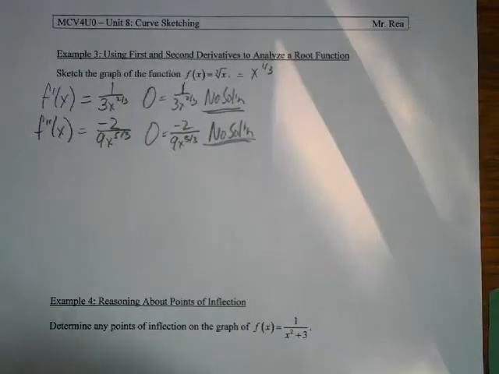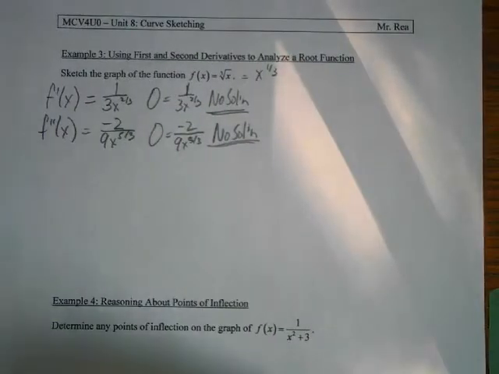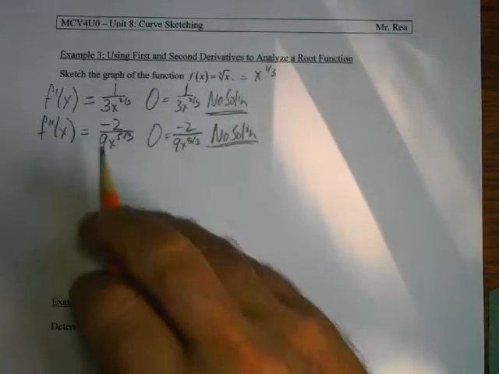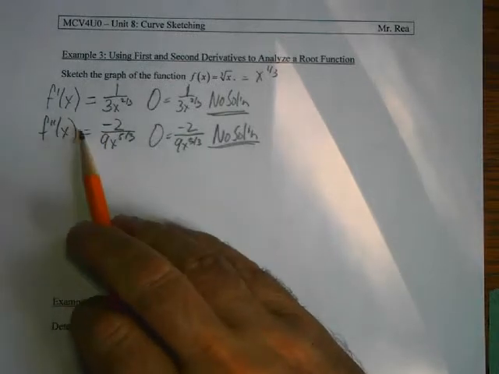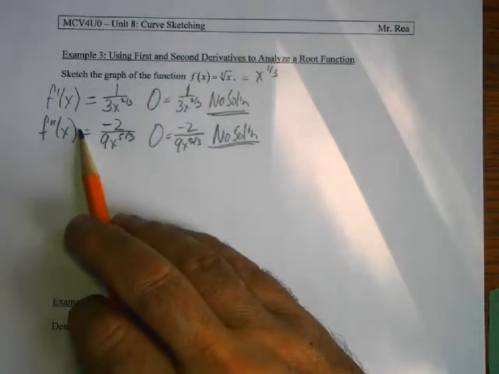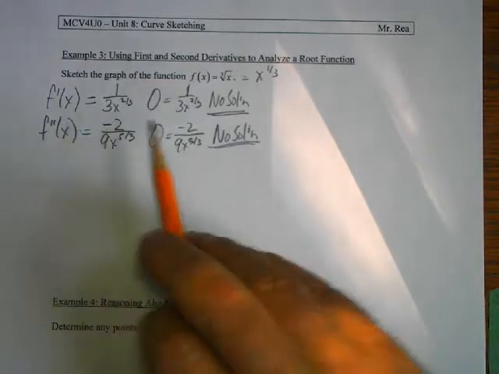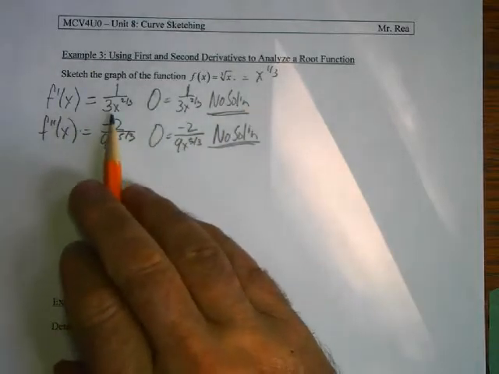Okay, so where do we go from here? Well, one of the things that we've never had to look at before is critical points. Critical points occur when the first derivative is equal to 0 or when the function is discontinuous or not continuous. So we never looked at that before, but this deserves a second look, because if I write my function,